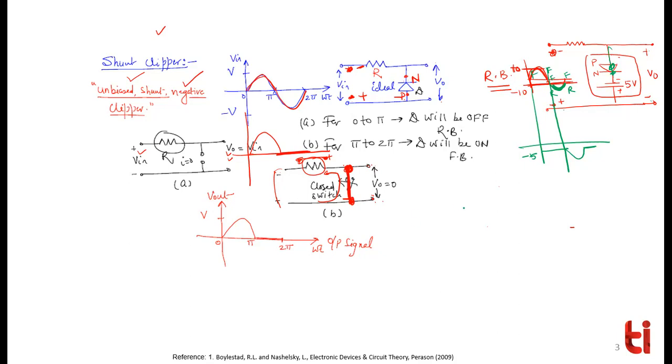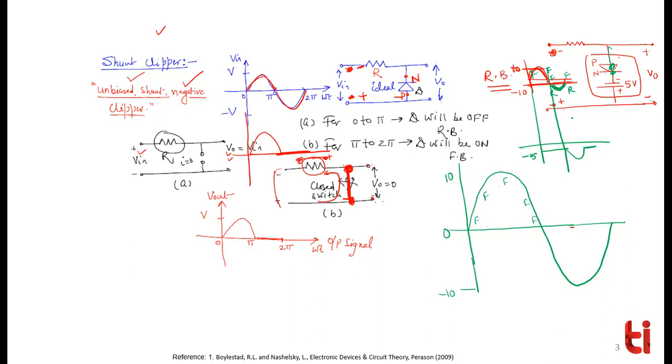So let me redraw the input signal. Okay, तब थोड़ा सा और clear हो जाएगा. Let me redraw it on a bigger scale like this. So let's say this signal is going from 0 to 10 and again 0 to minus 10. Now what we have seen is, since the diode is already in forward bias and is connected to minus, P is open. So in the positive half cycle, since you are making P even more positive, it will remain in a forward bias. So positive half cycle में यहाँ पे हम लिख देते हैं सब जगह ये forward bias में रहेगा. Okay.